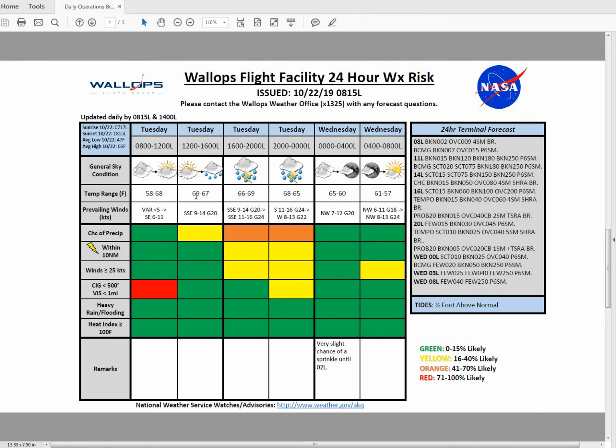on Wednesday. We are going to take a look at our terminal forecast. We are going to remain mostly cloudy throughout the day, a little bit of a complicated TAF throughout the day. We are going to see those ceilings between about 500 and 1,000 feet through the next couple hours here, then becoming broken at 1,500 and broken at 12,000 with some upper level layers as we go throughout the late morning and into the early afternoon, and continuing to see those lower clouds near 1,500 feet,